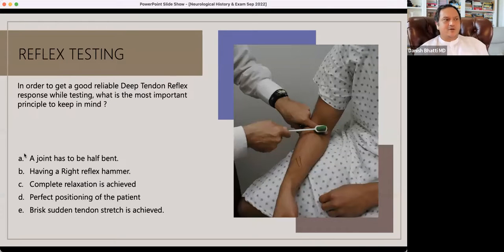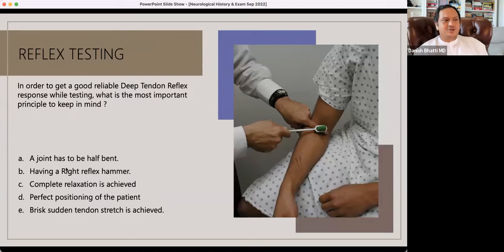Now, all of these are important, right? And the question is the most important principle. The most important principle to remember in your mind is that a brisk sudden tendon stretch has to be achieved for a reflex to initiate. And most of the time when you're not getting the reflex, this is the problem. And this can happen either because the joint is not bent properly, or you don't have the right reflex hammer,